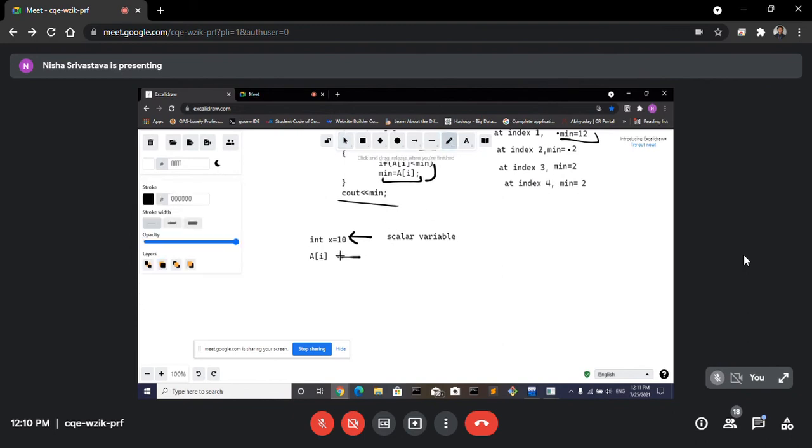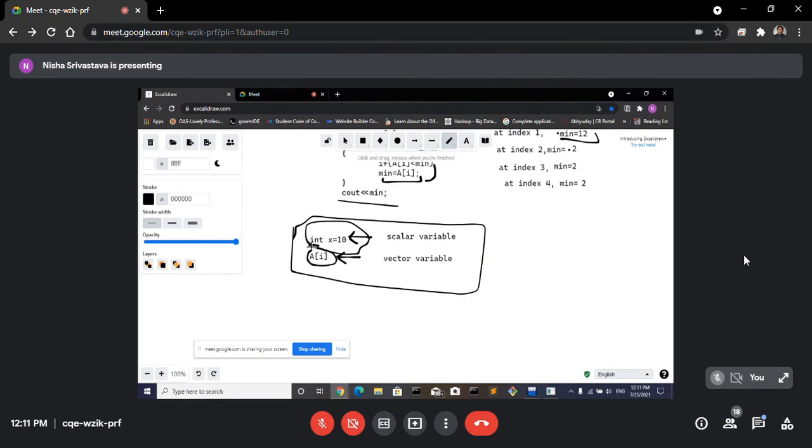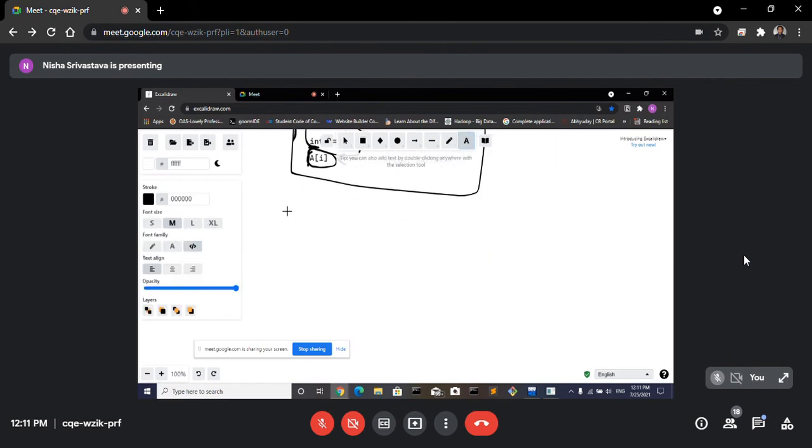And a variable of type array, we call a vector variable. So you can note it down. It should be known to us. This is not limited to int; be it float, boolean, or char, if we declare a variable like this, it is scalar, and this is a vector variable. Okay. Now let's move ahead and see the program for